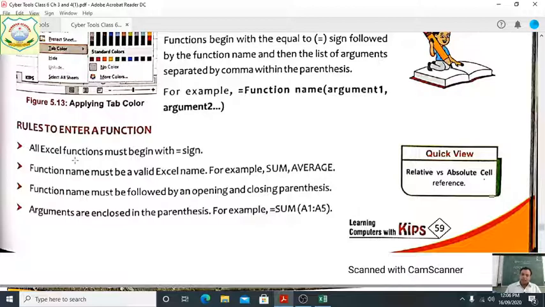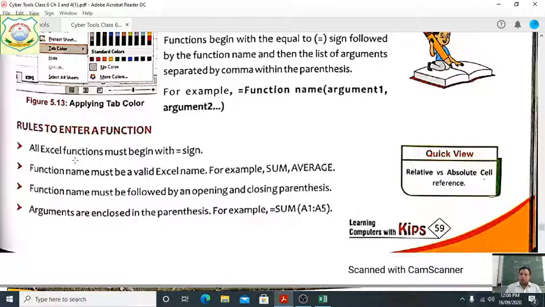When you are writing, first write the equal sign, then the function's name, and it should be a valid name. You cannot write SUN for sum, or ABERAG for average, so the word should not be changed, friends. Whatever word is given, you will use that word only.